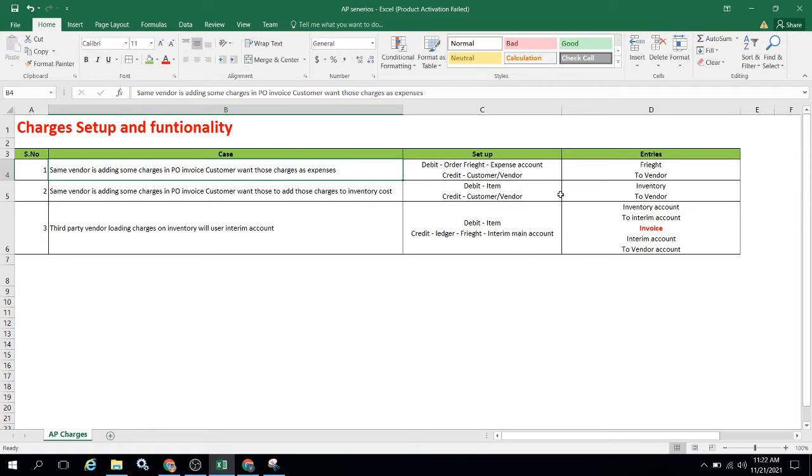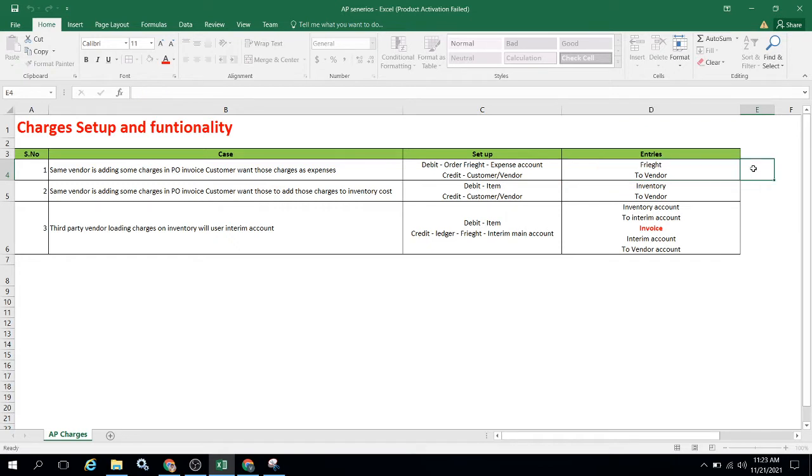I am going to explain the setup and what the entry is. We are treating transport charges or freight as an expense. So expense will be debit, so freight will be debit, and to vendor, so we need to book the liability for that particular vendor who provided that transport facility.